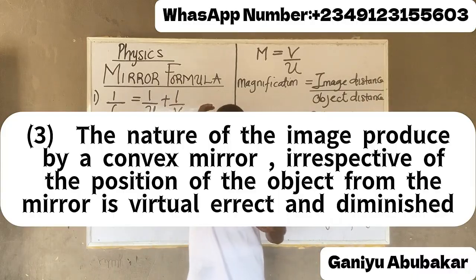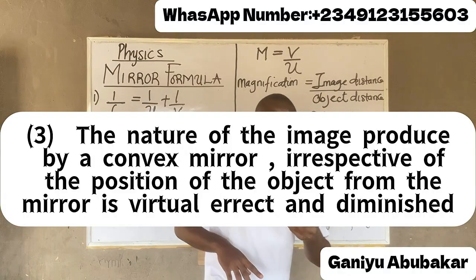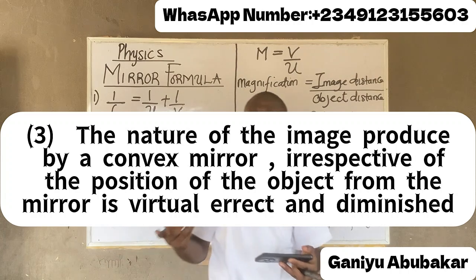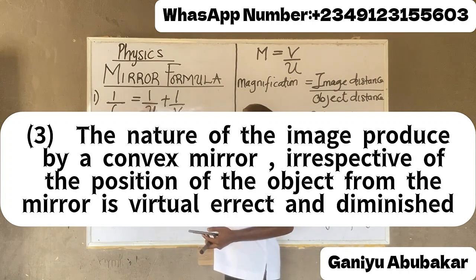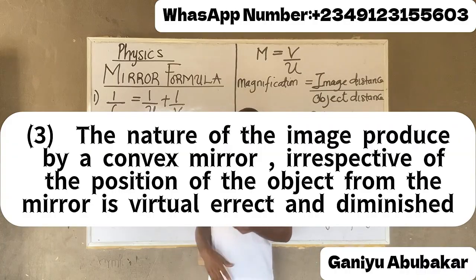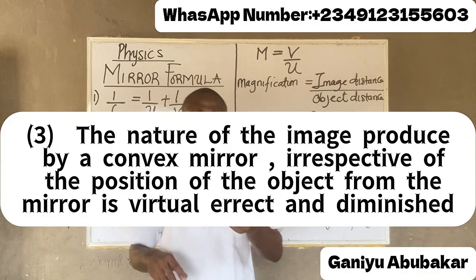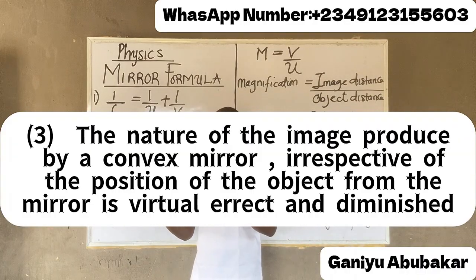Number 3, please. The nature of the image produced by a convex mirror. Please don't forget, a convex has negative, concave has positive. So saying this, please. The nature of the image produced by a convex mirror,